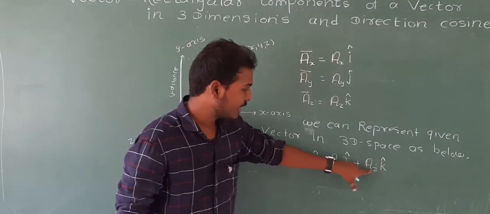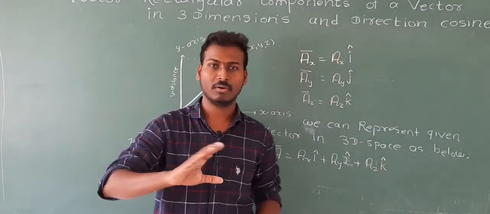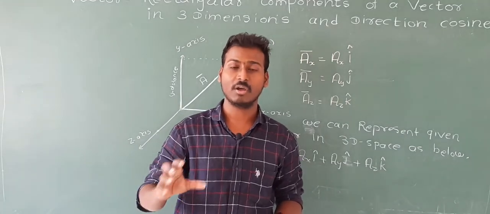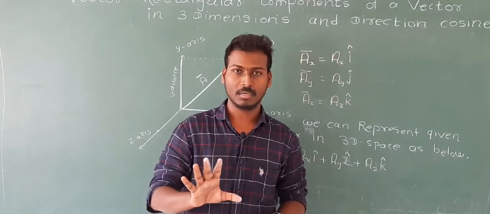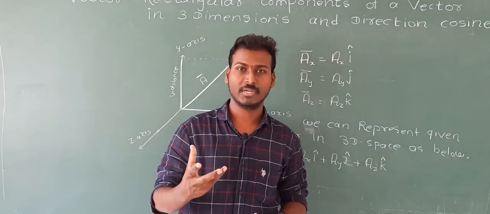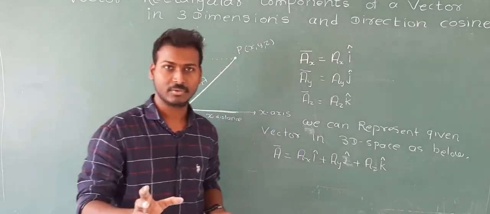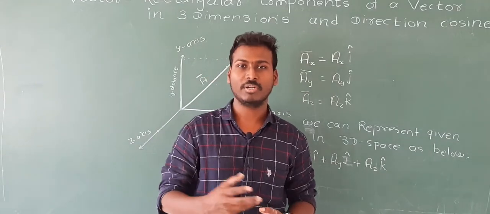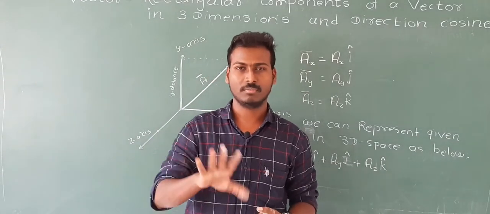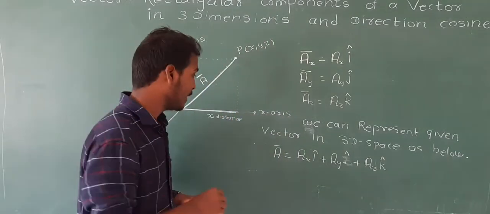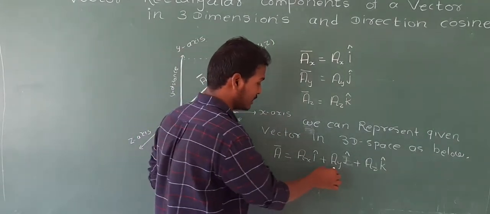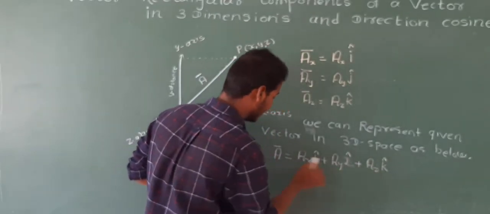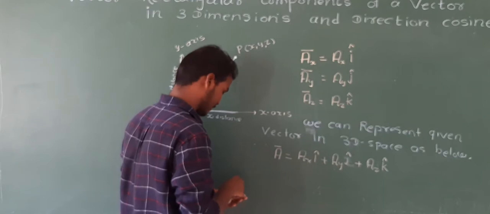Ax, ay and az are the components along the x axis, y axis and z axis. That means distance measured, or the magnitude, we can say. The more correct word will be magnitude, not distance, because it's not always a length quantity; it can be force or another quantity, so we will take it as a magnitude. So this is the magnitude along the x axis, along the y axis, along the z axis, and this is the vector a bar.